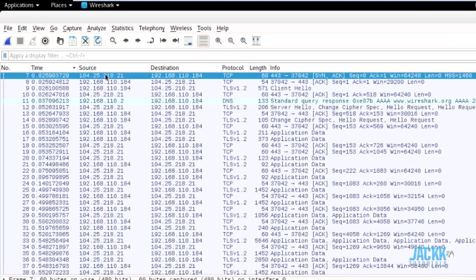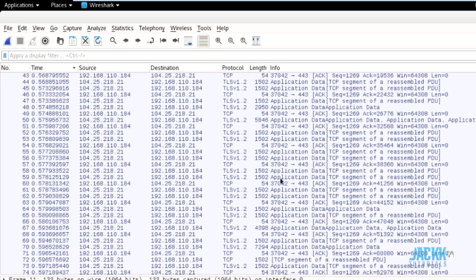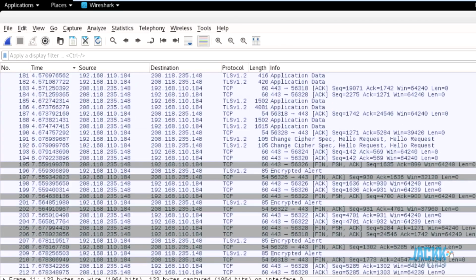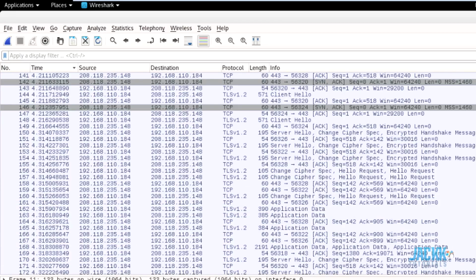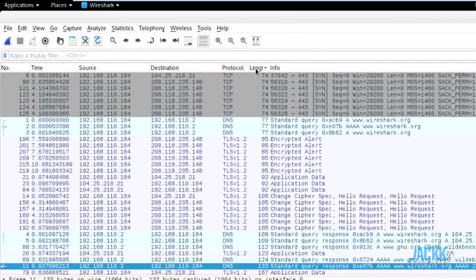We also have the source IP, which is where it came from. So we've got 192.168.110.184. That is Kali Linux. And also the destination as to where it's going. You can see that it's reading in and out there because our destination is us, and those IP addresses match. We also have the protocol here, so TCP, TLS, DNS. Have we got any more in here? We should have maybe ARP. Have we got ARP? We don't have any ARPs, but yeah. So those are the protocols you can have as well. You also have the length, which is in bytes, of how big that packet is,